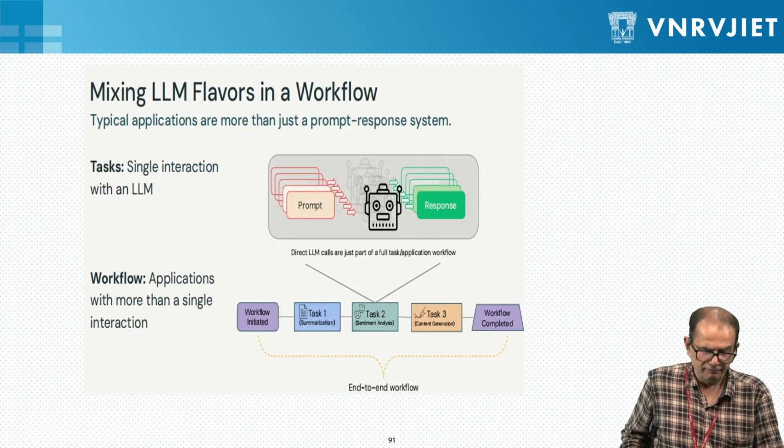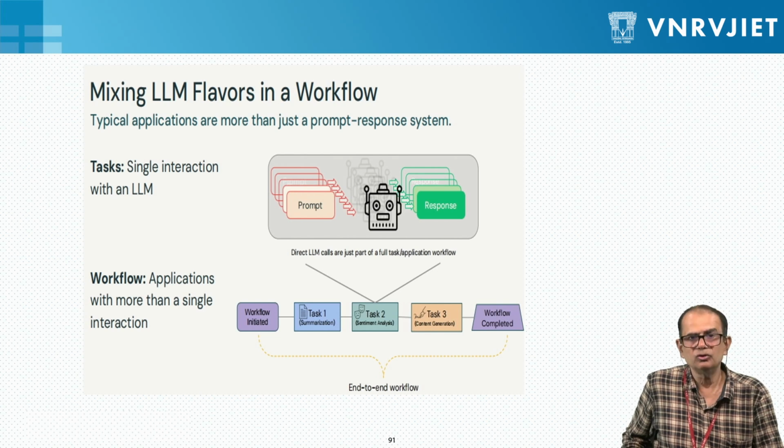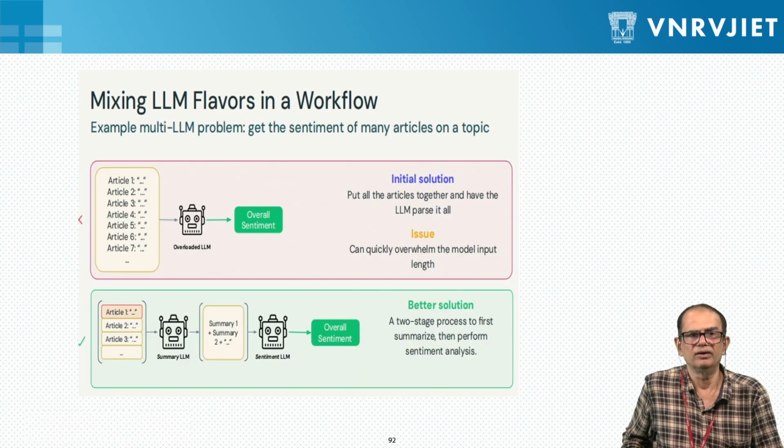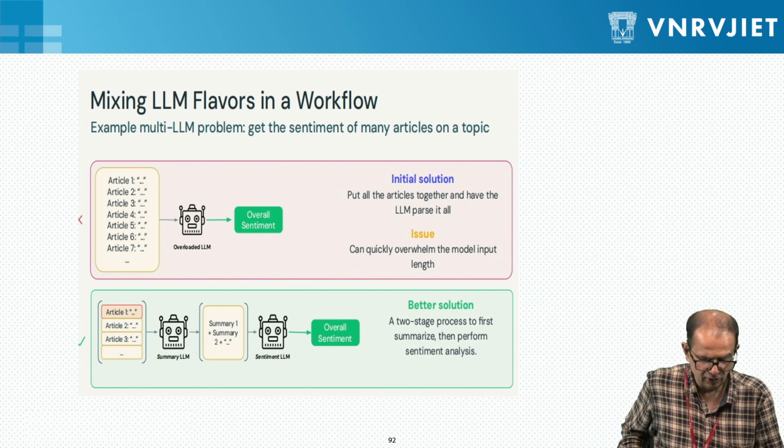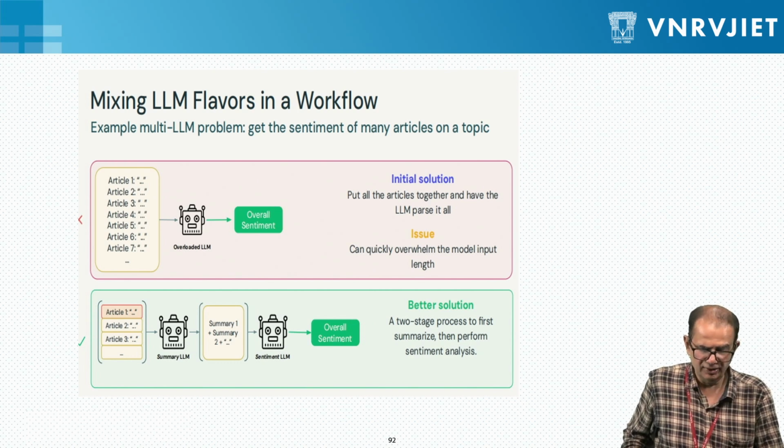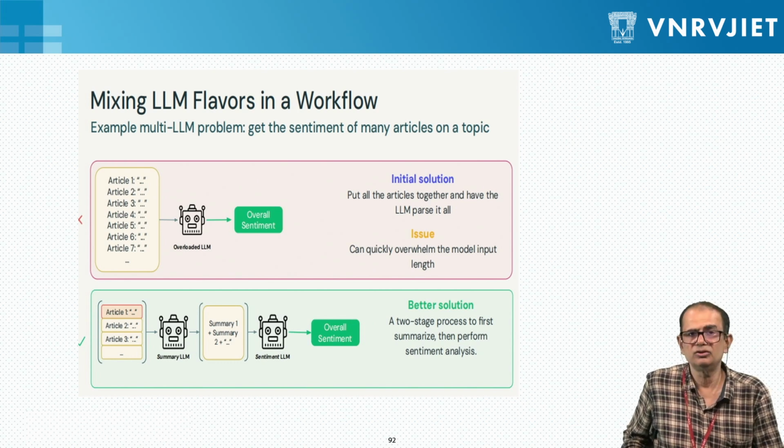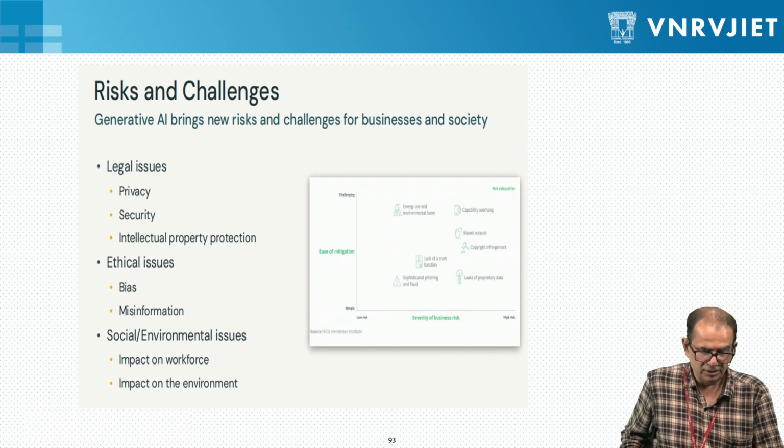Okay. Now I also need to tell you that we are mixing LLM flavors in a workflow. Suppose, for example, we are having a particular LLM and then we are mixing it in a workflow. Okay. Now, here is how you basically do that. We are going to mix it into our initial solution, and then we definitely get a better solution when we do the mixing. Okay. Some of the challenges when doing the fine tuning.